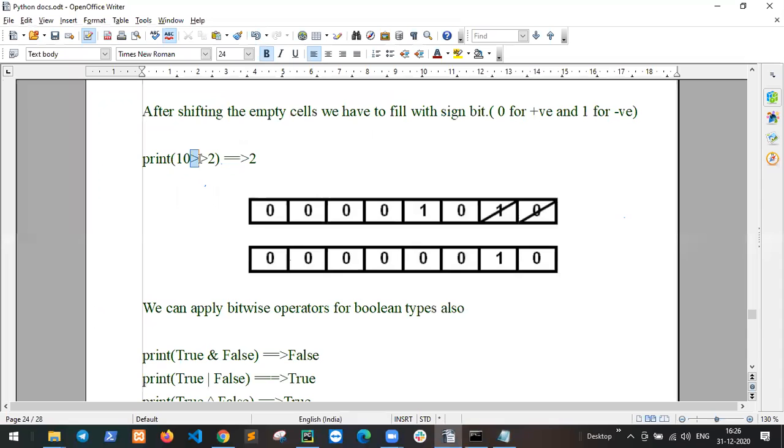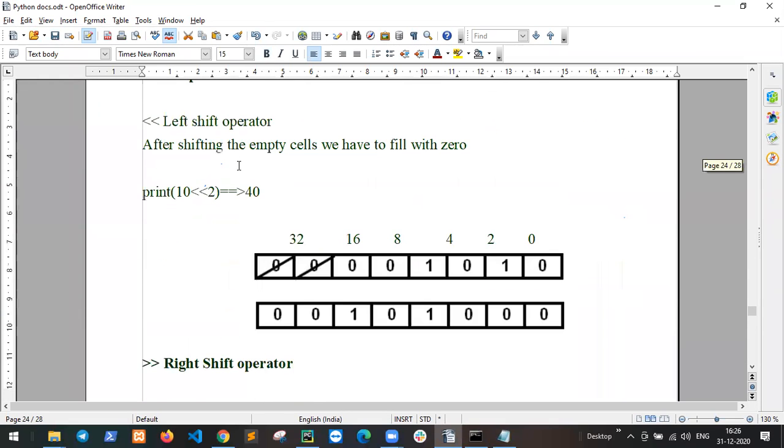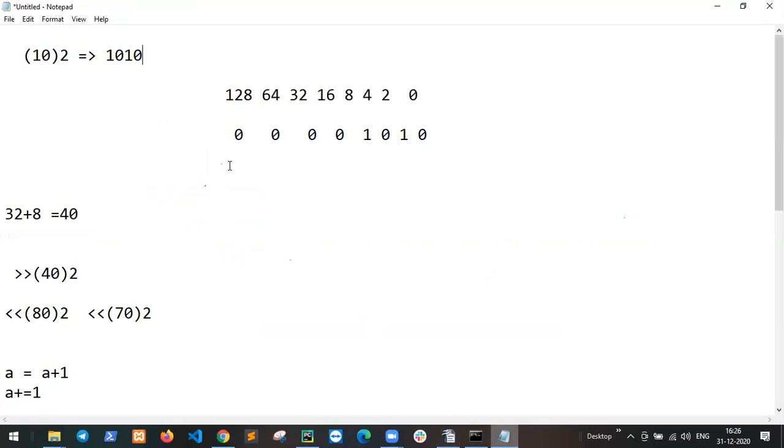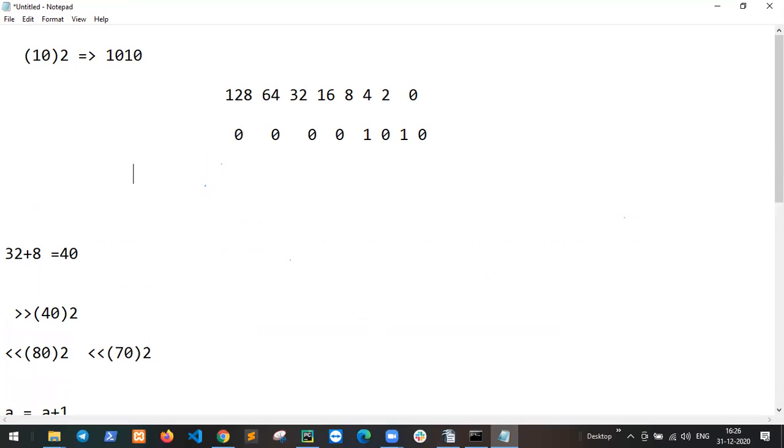So right shift, okay, so left shift. Because the left shift operator, two left shift. So two left shift is: 2 bits go and 2 bits come in. Got it? Remove from the left and add at the end.